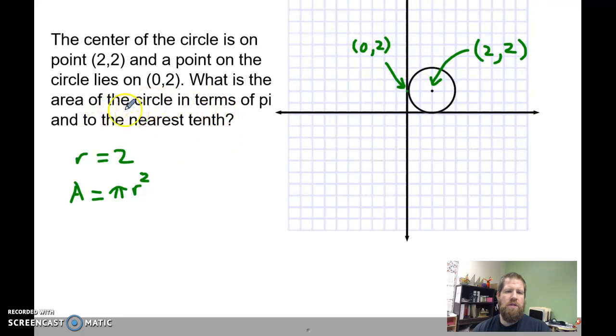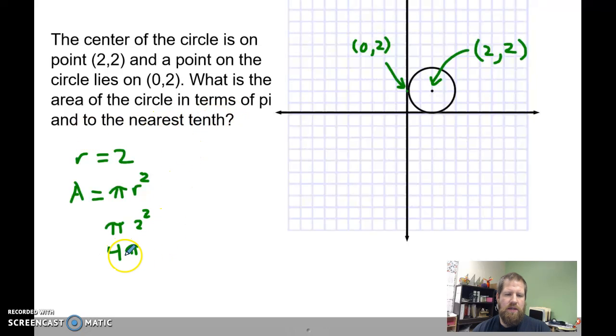So if I'm going to do this in terms of pi, then I'm just going to leave pi in there. So I'm going to have pi and then r squared, and r in this case is 2. So 2 squared is 4. So I have 4 pi is going to be my area, and that's going to be in terms of pi,